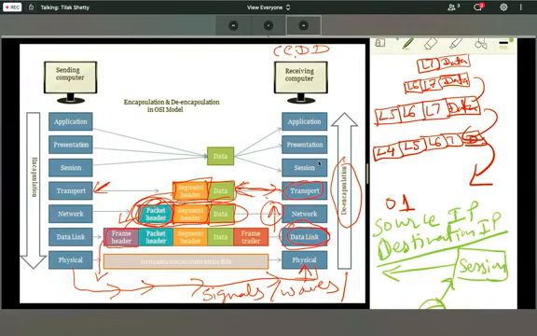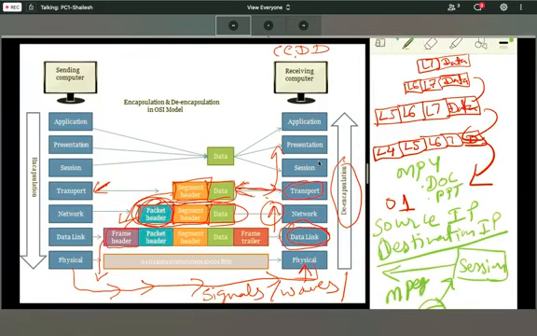So now the data is coming towards the presentation layer. When the presentation layer removes the header from the data, it will find what kind of data it is: this is MP4, this is a doc file, this is PPT, this is MPEG.